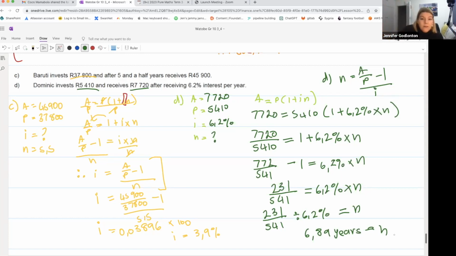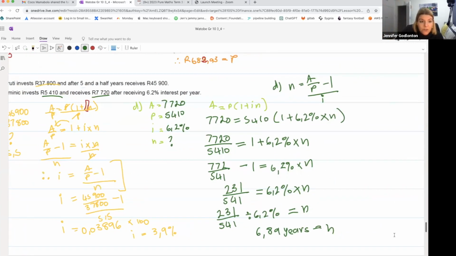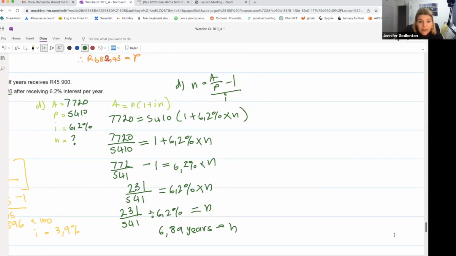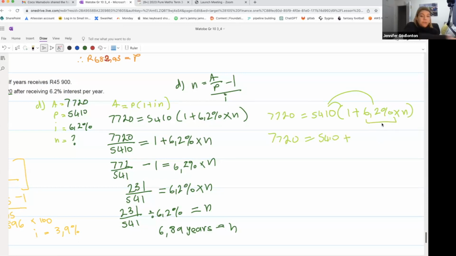Quickly before our lesson ends, I'm going to show you the distribution way in case we have anyone who likes to do it that method, just because I want you to have all your options open. With financial maths, you've got to find the one that works for you, and that's the way you must do it. So let's just keep this the same. If you do the distribution method, you would keep this on that side and you're going to distribute that 5,410 into both. So you would have 5,410, and then when you distribute it here, you're multiplying it by the 6.2%. So we're saying 5,410 times